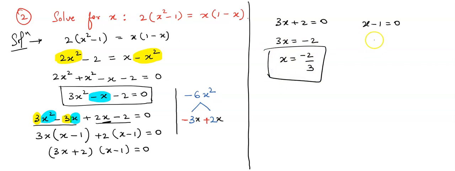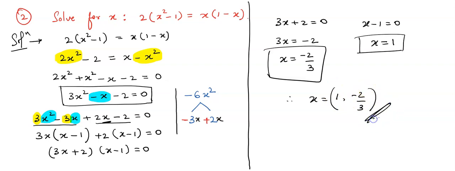So this is one root. And x is equal to minus 1; when it comes to this side, it becomes plus 1. So what is the other root? That is plus 1. Therefore the value of x is 1 comma minus 2 by 3. These are the roots of the given quadratic equation. I hope you have understood this problem. This type of problem is called the factorization method. We have used the factorization method to solve this problem.